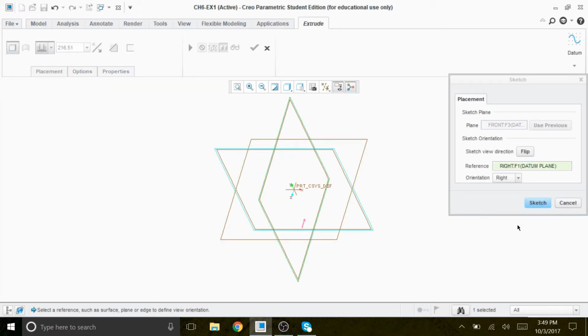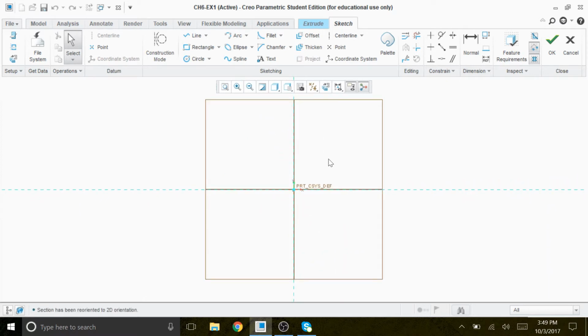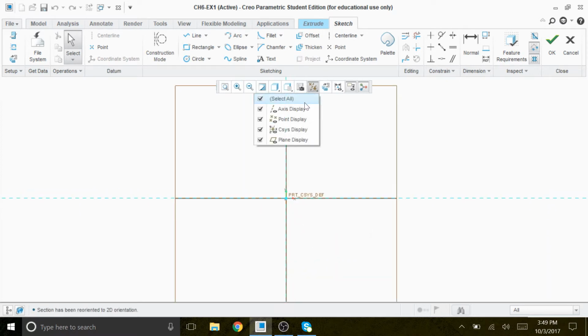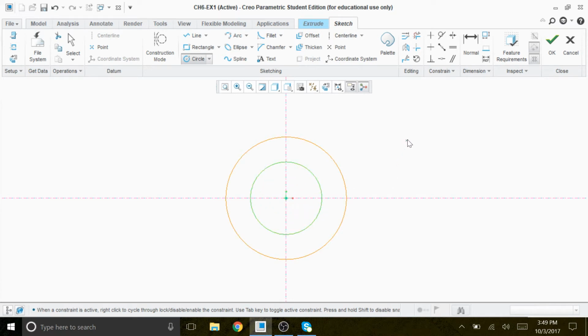We use the frontal plane as a sketching plane, and this is automatic, so you can see that right as a reference and orientation. So we go sketch view, and we're going to remove all the display, and then we put a center line, one in here and one here, and we're going to create two concentric circles here, one with a diameter of